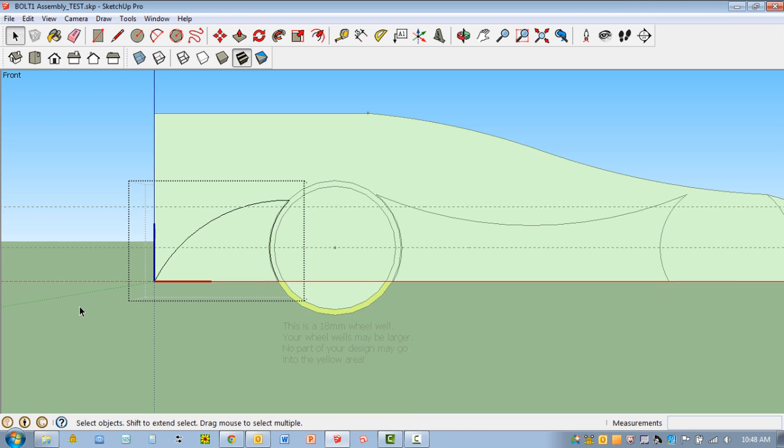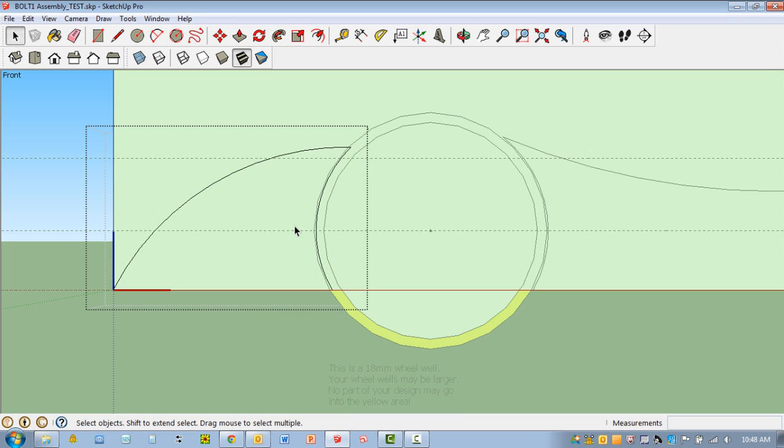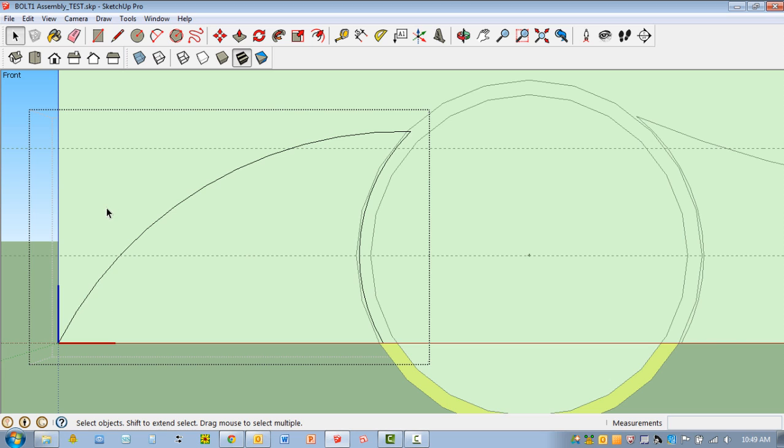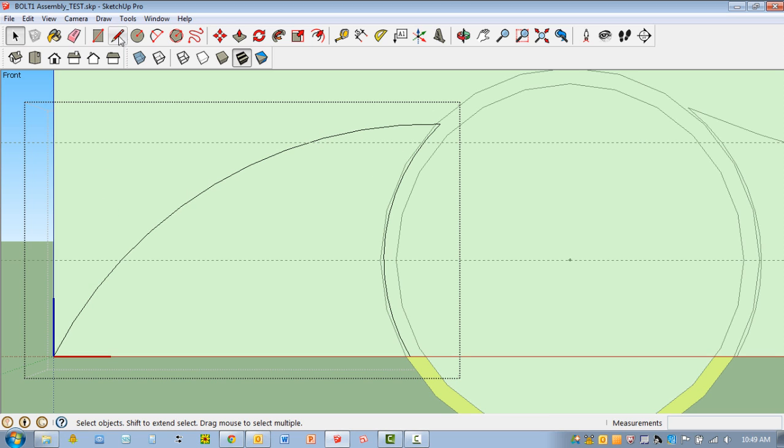I'm going to zoom in, and you have options here. Sometimes I'll leave the original geometry just so I can see what I'm fixing, or you could even go ahead and delete this and just start redrawing. So I'm going to leave what I originally drew just to compare. I'm going to select the arc tool. I'm going to come up here, click once,